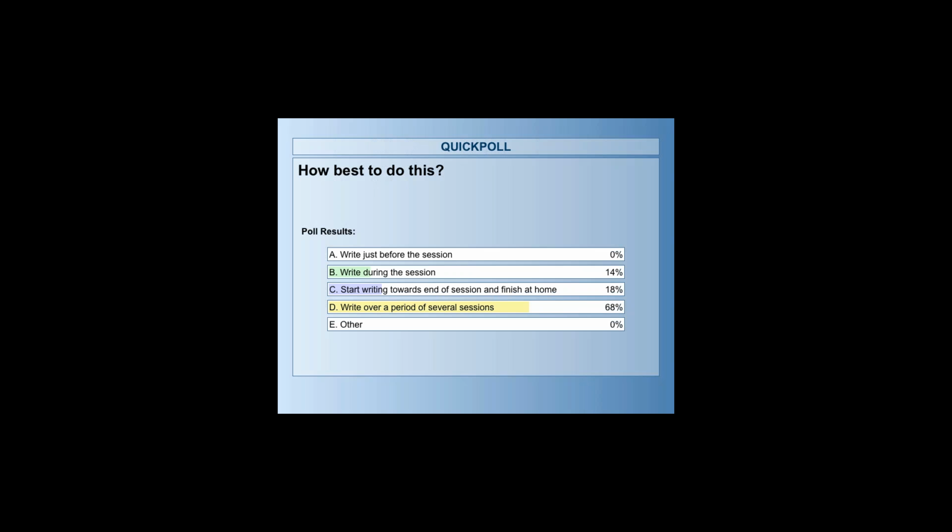Sometimes what I've found works really well in those settings is if I can use a blended learning approach and have a way for the learners to pick up the pre-writing assignments before they come in. It's also possible to teach the writing lesson as a multi-level lesson and have some of the group working on the pre-writing while others are doing the writing. But I think it's important to see that most of you, it looks like most of you are having the writing happen in the session and over a period of sessions.